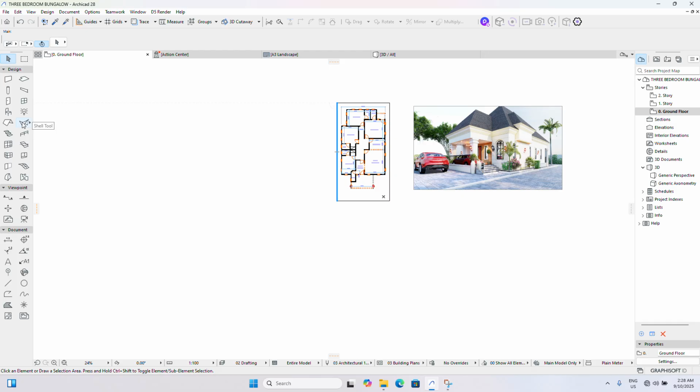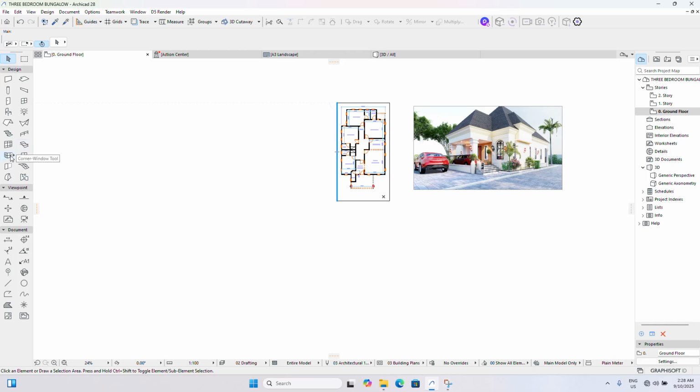There's a type of roof that you use maybe in some ceramic designs where you need different shapes, and also if you want to design a dome, you can use the shell tool. You see the stairs, you see the rail, and we have the curtain walls, and we have the glass light